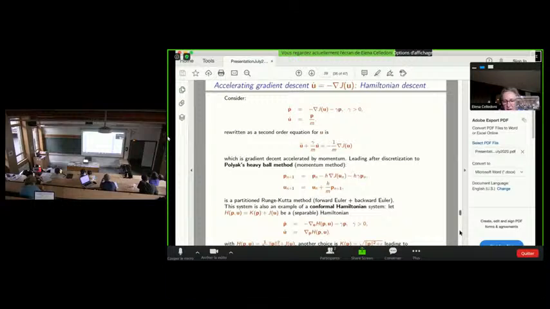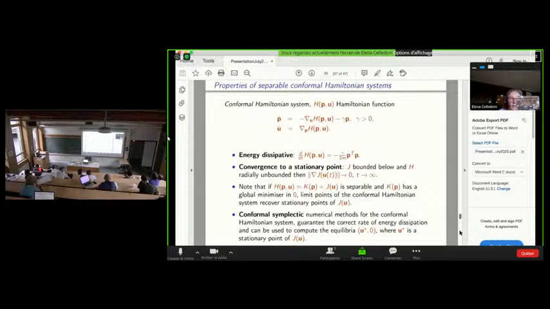For example, K of P equal to the square root of the norm square of P plus epsilon, which leads to something called relativistic gradient descent, which is closer to the very popular Adam method. Okay, some properties of these conformal Hamiltonian systems.